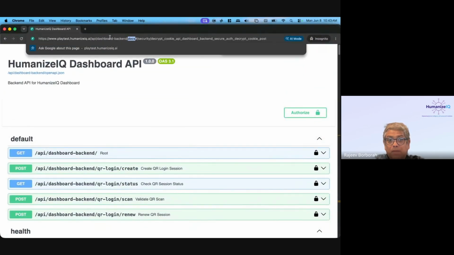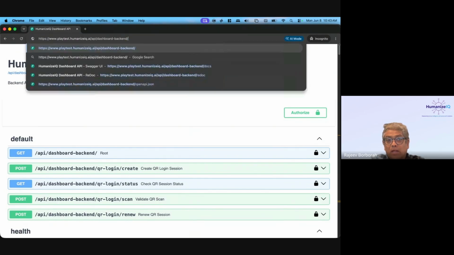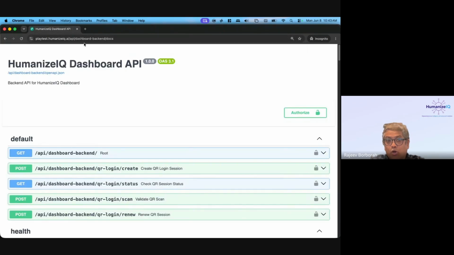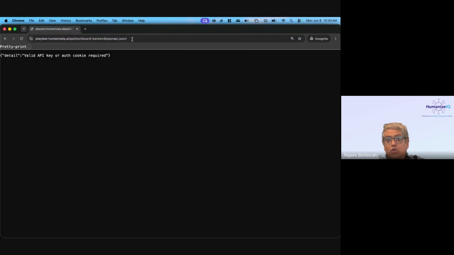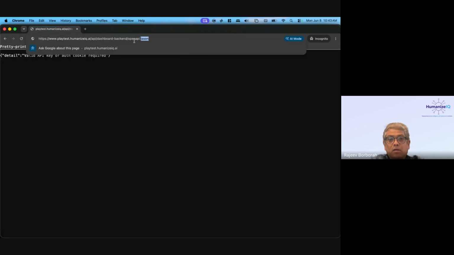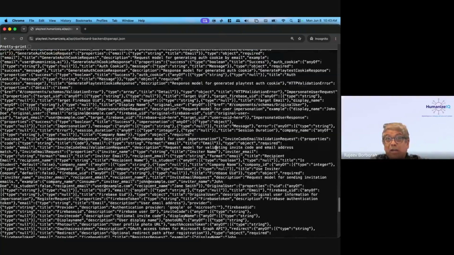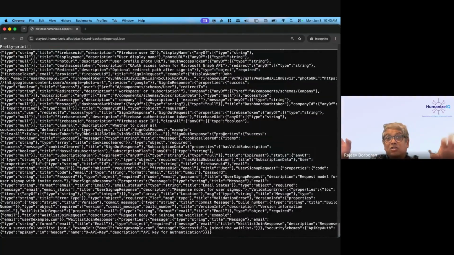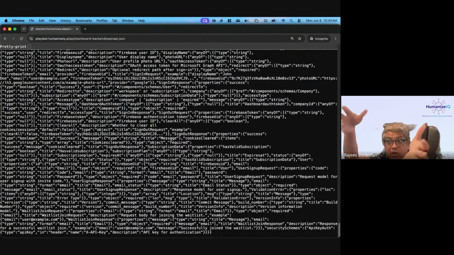So for every API that we have, you see the link is here. If you go to this URL and instead say docs, you get to the Swagger documentation. But if you go to openapi.json, sorry, spelling mistake, openapi.json, you will get the JSON. Now you cannot read it, but an AI can read this and understand this. So if you provide API access to this URL, or you save the file locally in the project and say that this is the API documentation, your code can integrate with this API.